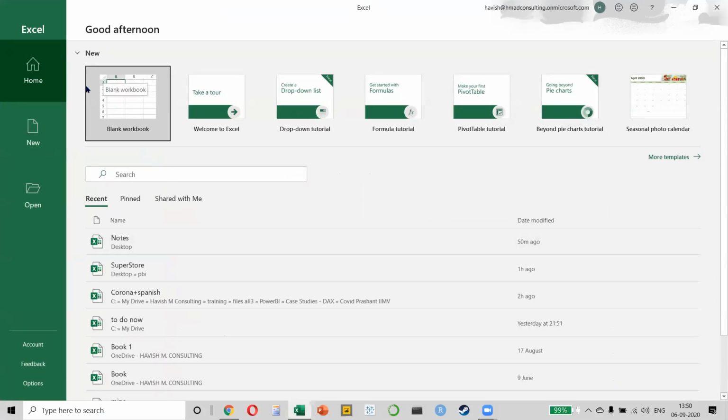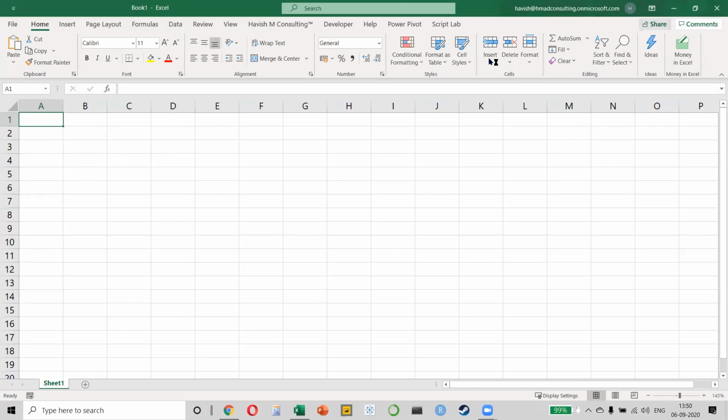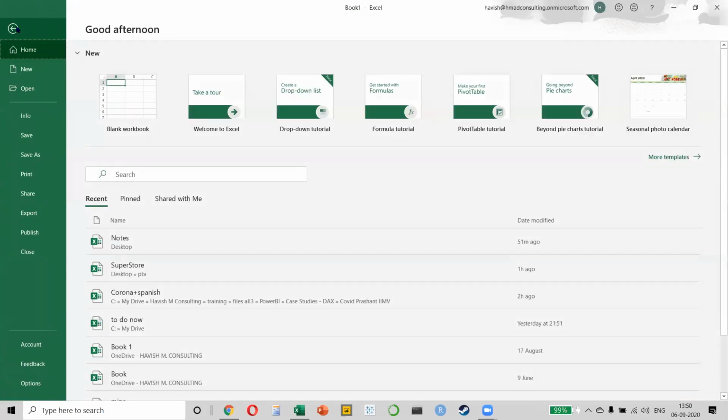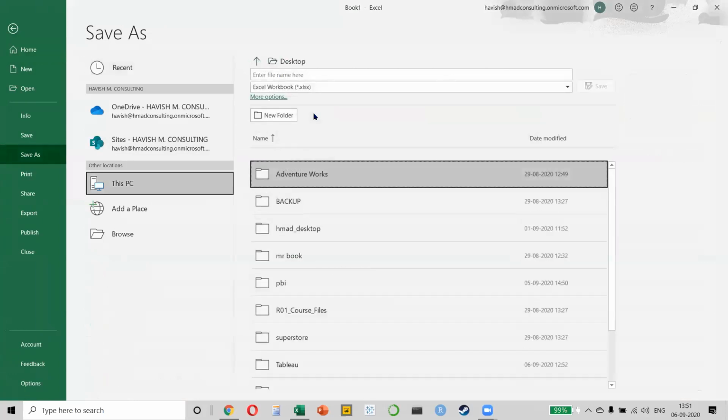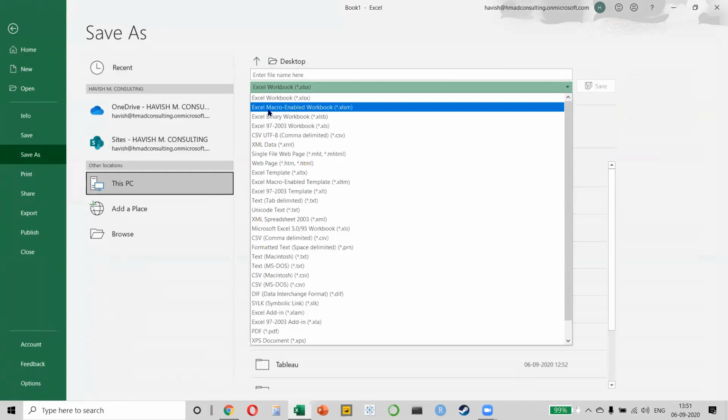Now I'm sure a lot of you would have heard of Visual Basic, but I want to show you how that works. So nothing special so far. We simply have a normal Excel file, nothing special. I will click on File and I'll click on Save As. I'll save it on my desktop, but I will not save it as an Excel xlsx. So if you notice this, the first option is an Excel workbook. I'm going to select the second one, which is an Excel macro-enabled workbook like this.